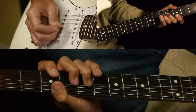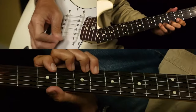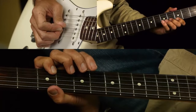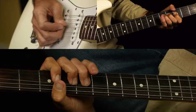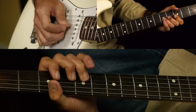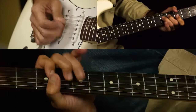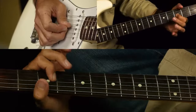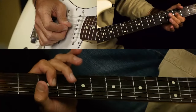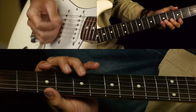So we have, then we have a bend on the 5th fret G string. Try to get some vibrato in there. Then we have a full bend also on the 3rd fret of the G string. So we have